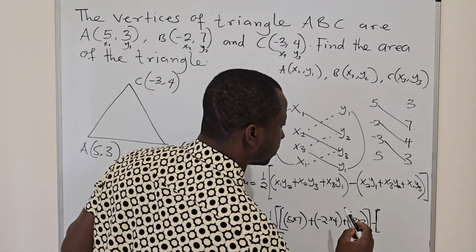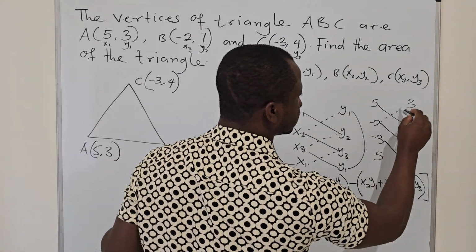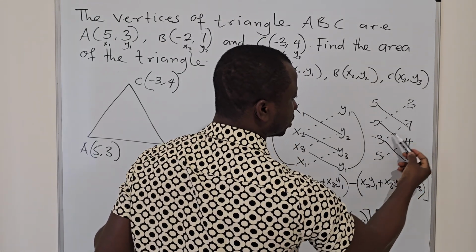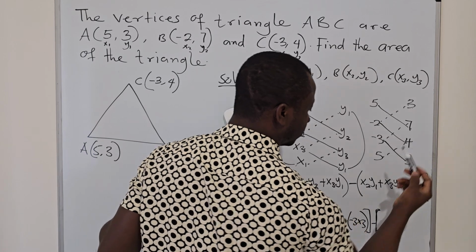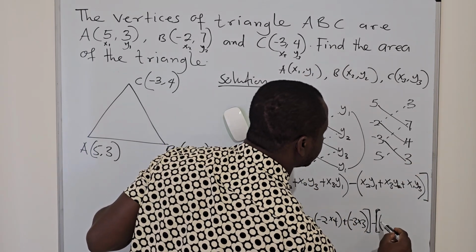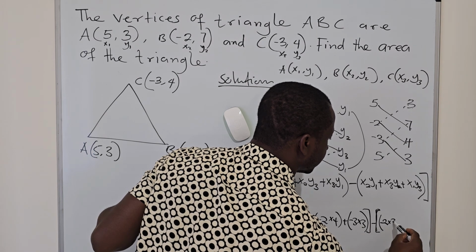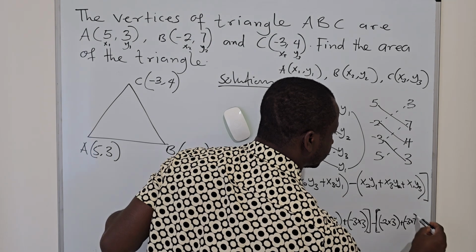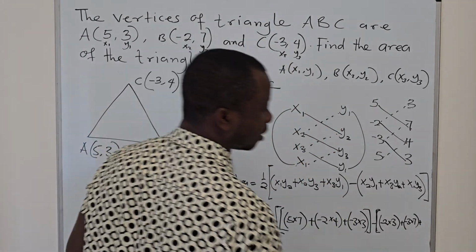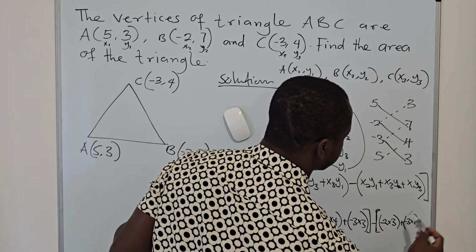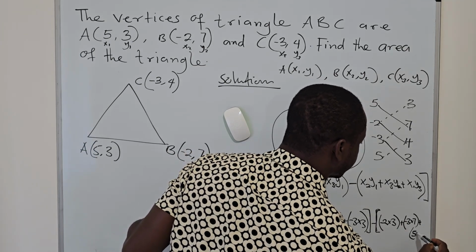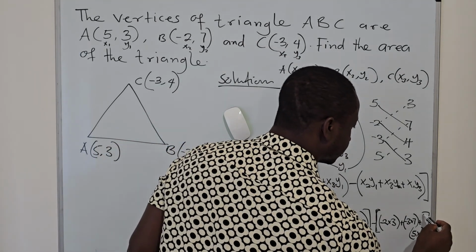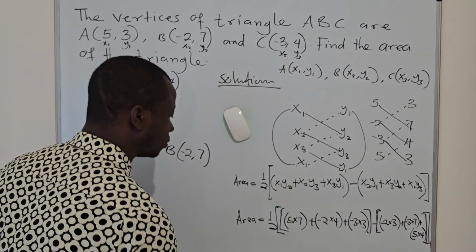So the next one is going to be this, and this one, this one. So -2 multiply 3, -3 multiply 7, 5 will multiply 4. So you have -2 times 3 plus -3 times 7 plus, I don't have much space there, but it's going to be 5 times 4. Then you close the bracket. So you have area